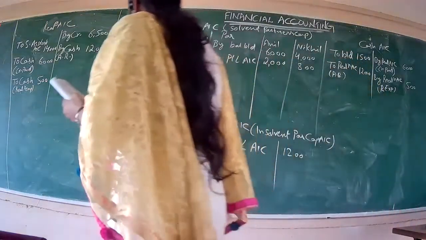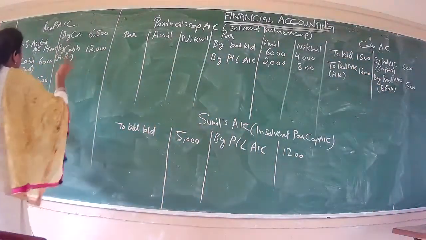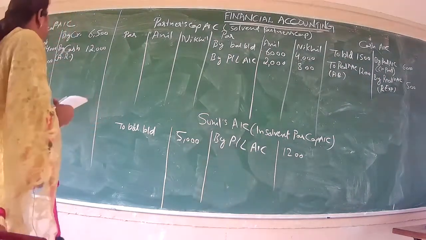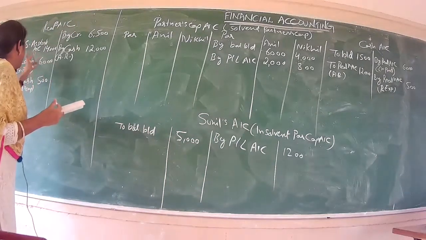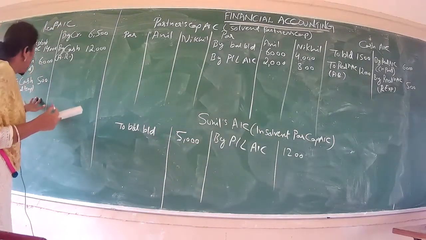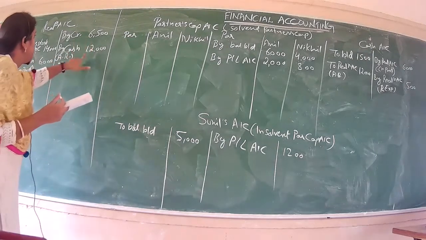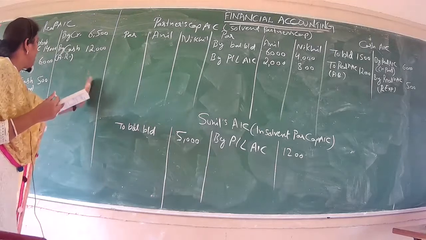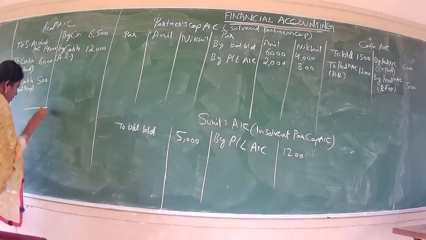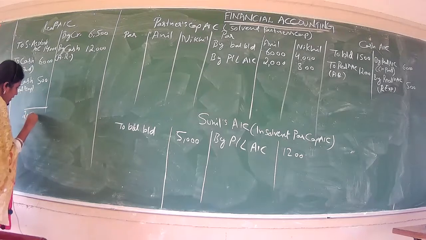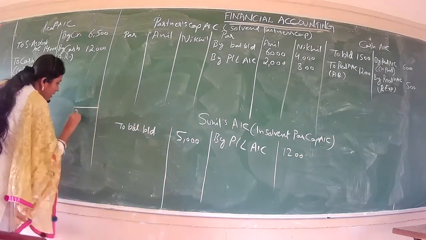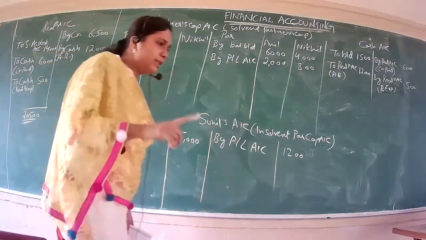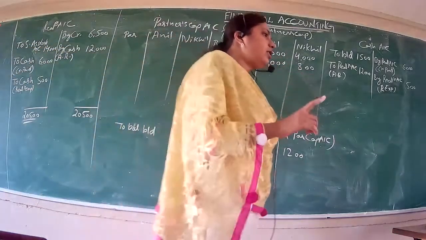Fine. Now we will go for the closing of your realization account. If we are going to make the total of debit side, 14,000 plus 6,000, that is your 20,000, plus 500. Fine. And this side, if we check, 12,000 plus 6,000, 18,000, 18,500. That means we are going to get the shortfall this side. So we'll make the total as 20,500.